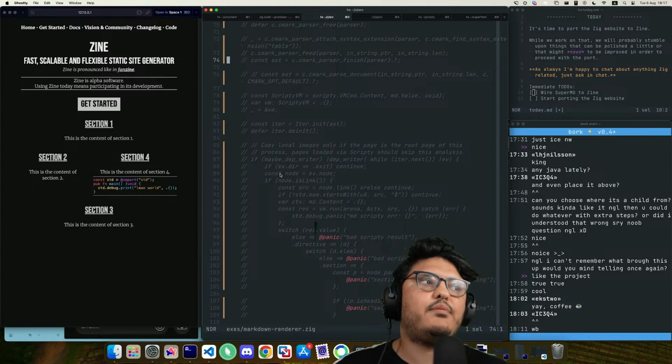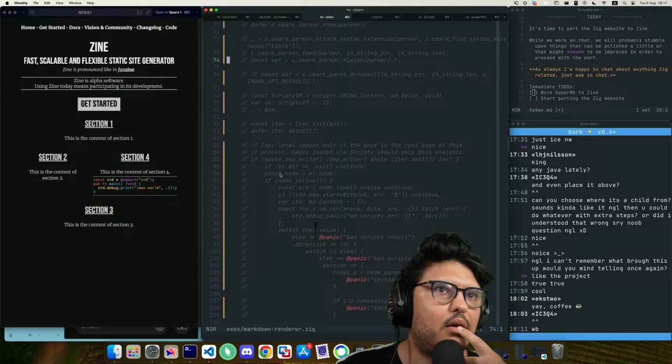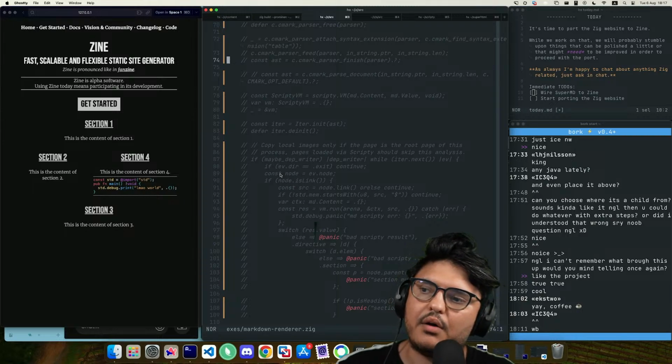Okay, first thing that we need to reinstate is who keeps track of which images are being referenced in our Markdown and how.